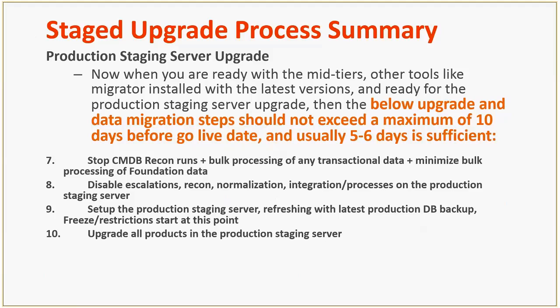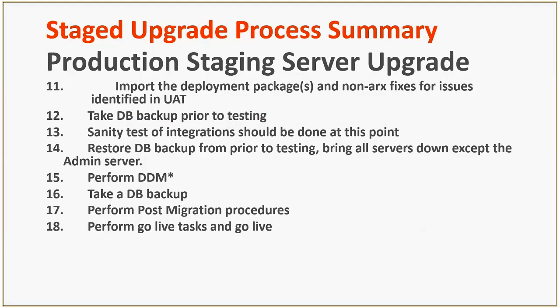And then step 8 is a kind of a recap where you disable escalations even before you restore the DB backup on the server, and then you disable other processes during your upgrades, right? So that's what we talked about earlier. And then setting up your production server, and then upgrading all products. That's pretty much it. And then step 11 is basically we already have the packages ready. Go ahead and import those customizations and fixes,